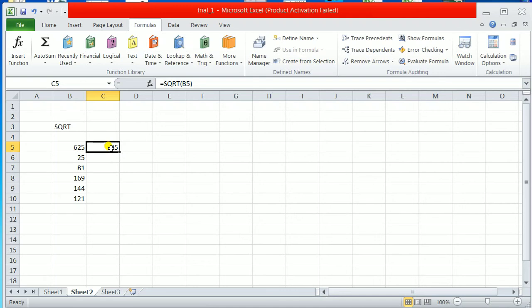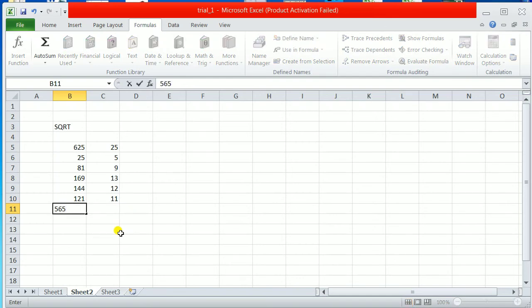Now don't do again and again for each and every cell. Simply place the pointer on this dot and drag to copy the formula to others also. Same function can be applied to the rest of the series. This way you can find it. Suppose now I write some other number, 565 I am writing. I want the square root of this. See, I have copied the formula, so I am automatically getting this. I change the number, my result will be changed. See this? So this is a very simple thing.